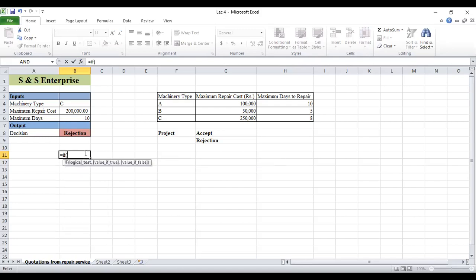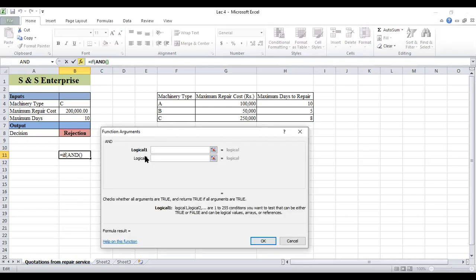Okay. You take if and right. Okay. Logical test 1. Test whether it is equal to A. Okay. Fine. Good. You make it constant. Great. Then the logical test 2. You test whether this maximum repair cost is